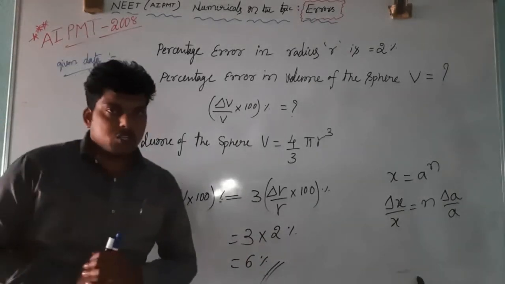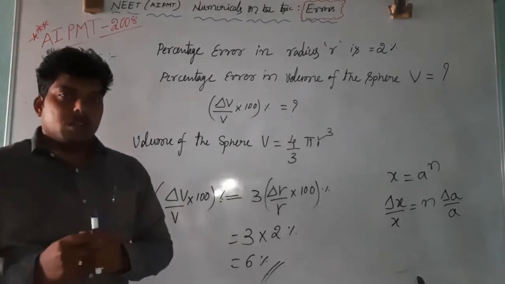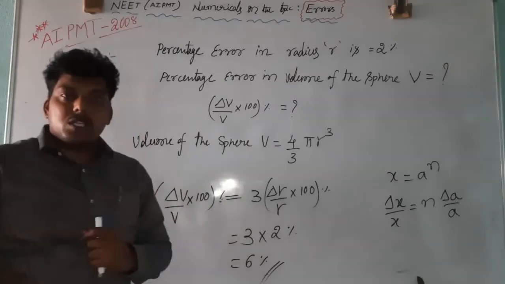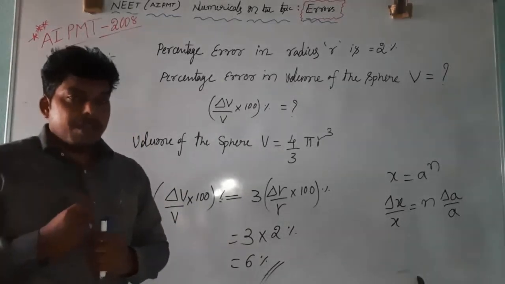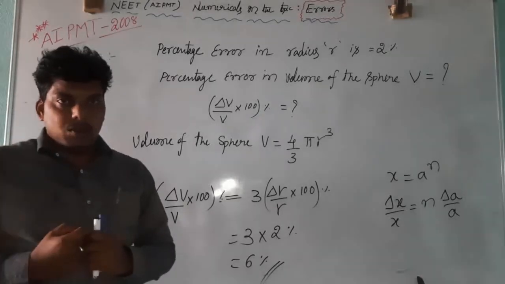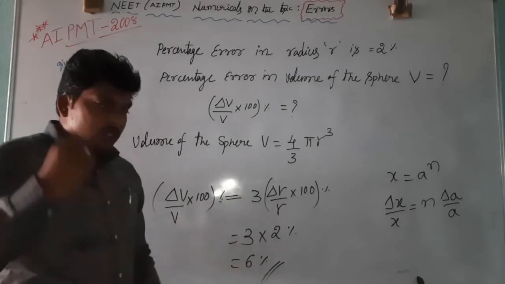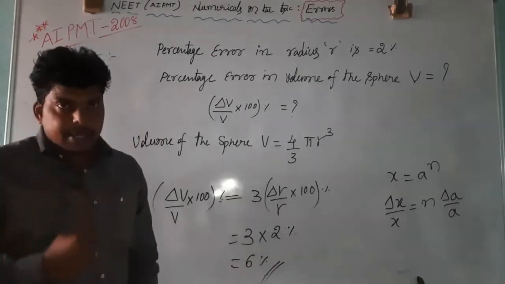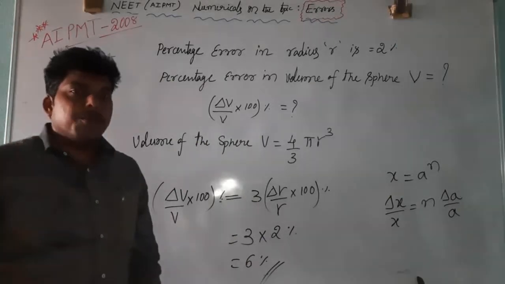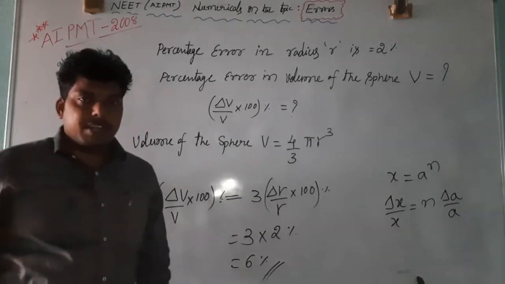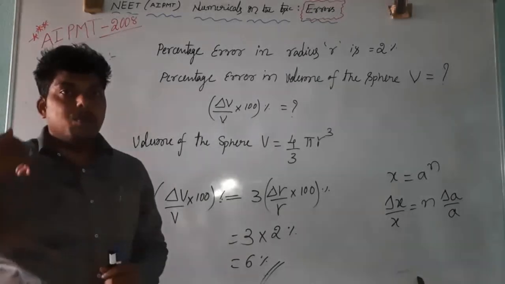Next, I will move to question number 5. All of you read question number 5. You try to solve this by observing the 4 questions. I hope you understood this. If you have any doubts, put a comment below the video, and surely I will respond to it. Try to solve the 5th question and you will get the right option. If you have any confusion, observe the video once again and you will get clarification. Thank you. With this, the topic errors is over. Next, I will move to the next topic.